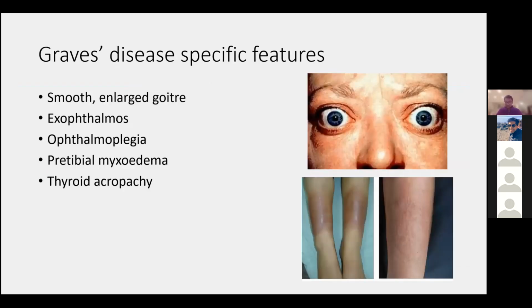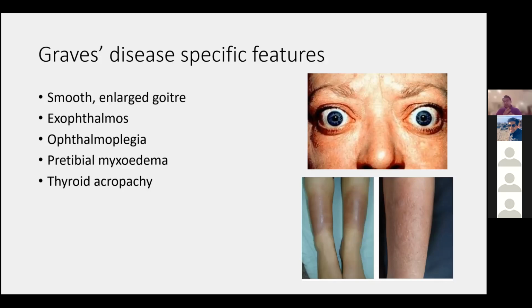So thinking about specific features of hyperthyroidism patients, in Graves' disease you obviously have the eyes and the pretibial myxedema. So those are the main ones you often think about. Thyroid eye disease: you have exophthalmos, so these patients often have eyes protruding out. Pretibial myxedema: they have non-pitting swelling of their shins. Thyroid acropachy is basically just clubbing of the nails.